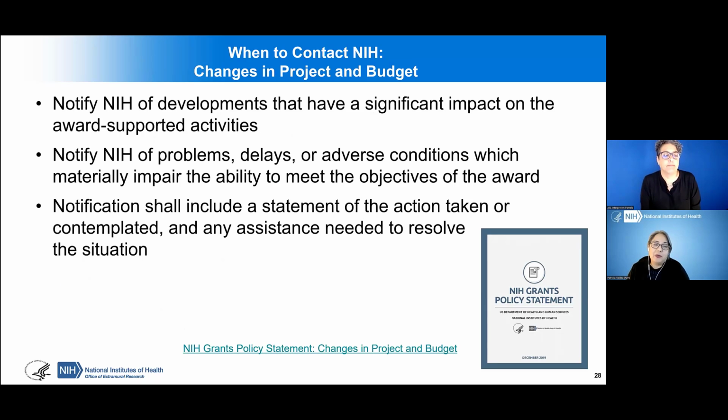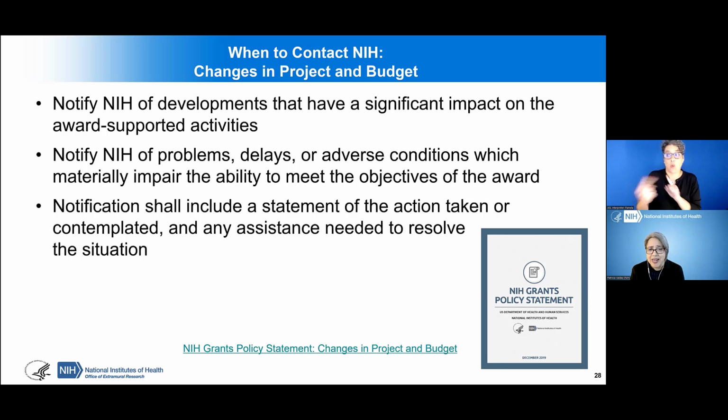Okay, so oftentimes institutions are wondering, when do we contact NIH? Because we understand that the research misconduct proceedings are confidential. You want to make sure that no information leaks. A lot of times you're still at the allegation stage, and we don't necessarily know what the outcome is going to be. But we do ask institutions to notify us when there are developments that have a significant impact on the award-supported activities. For instance, if there are problems, delays, or adverse conditions which materially impair the ability to meet the objective of the award,